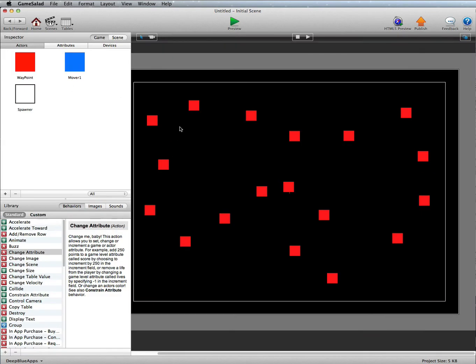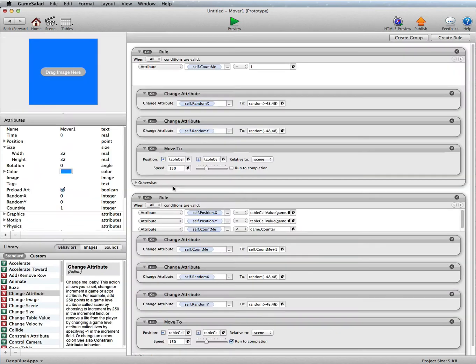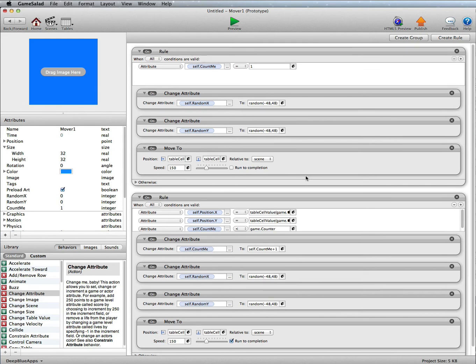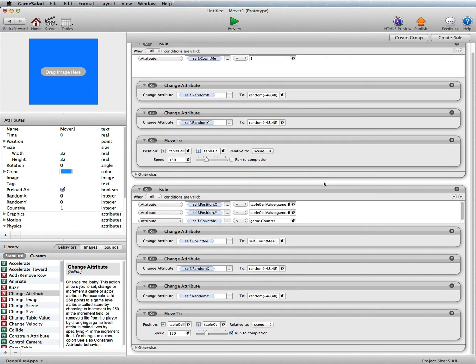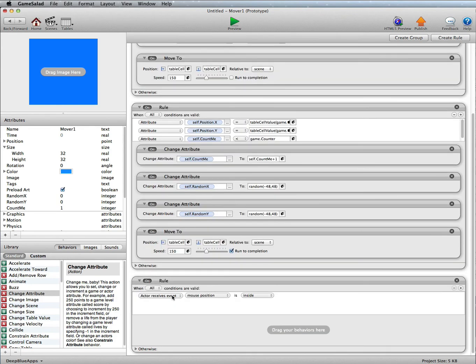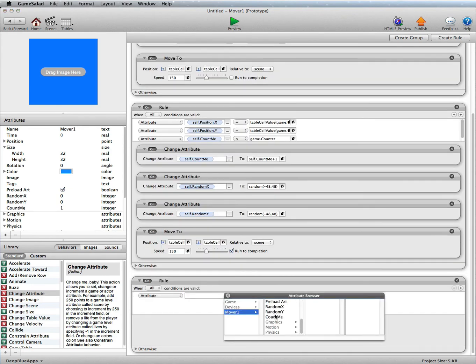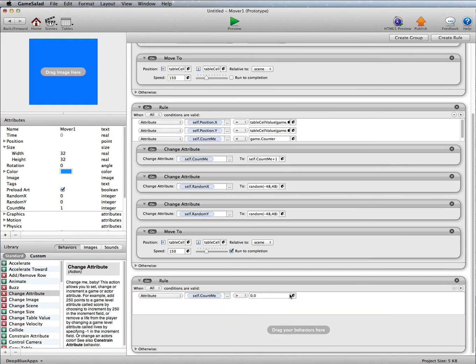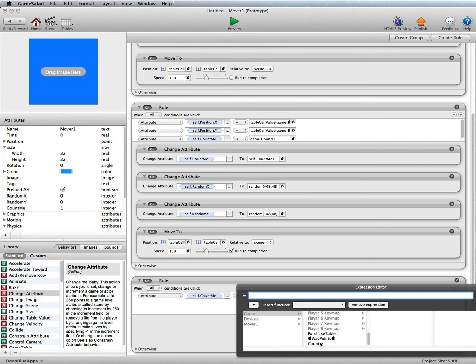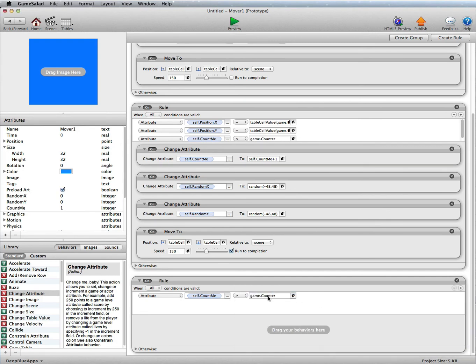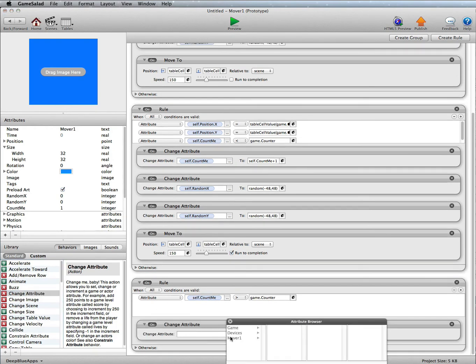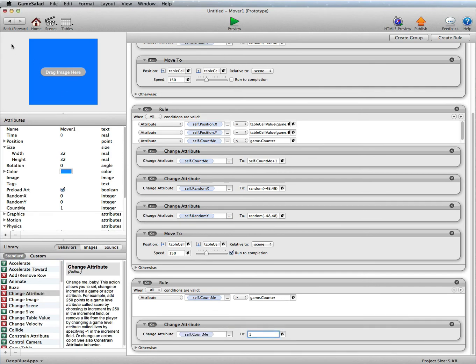Okay. So now what we're going to do, when they get all the way to the end, then we're going to change so they go back to the start. We've already got if count me equals 1, then we're going to move to row 1 in the table. So all we need is a simple rule. If attribute mover count me is bigger than game counter, so basically we've got lots of red blocks on the scene. Every time you put a red waypoint block, it's changing the game counter, so we've already got that information available. Then we're just going to change mover count me to 1,